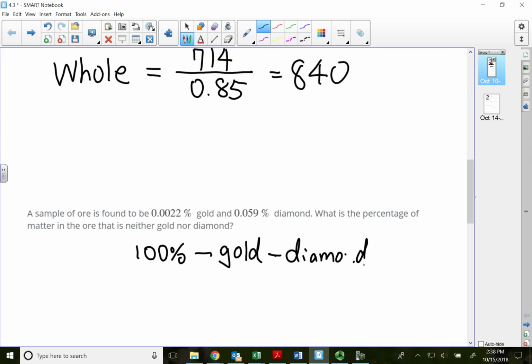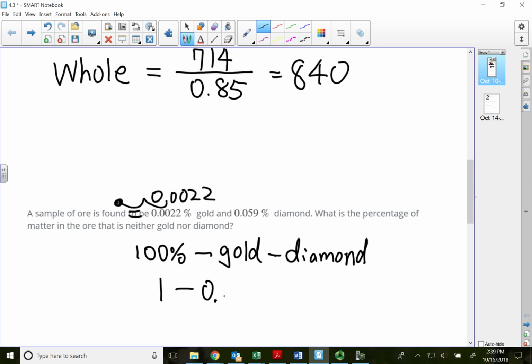Okay, where's the 100% come from? Well, 100% is the entire ore. All the metal inside the ore together has to be 100%. So 100% is 1 minus, all right, gold is 0.0022%. So if I move my decimal to the left 2 places, 1, 2, so that will be